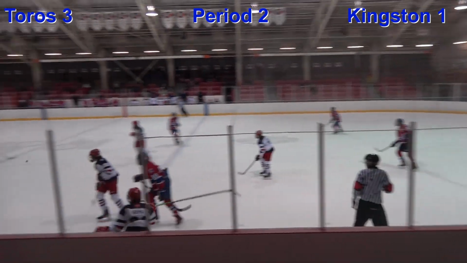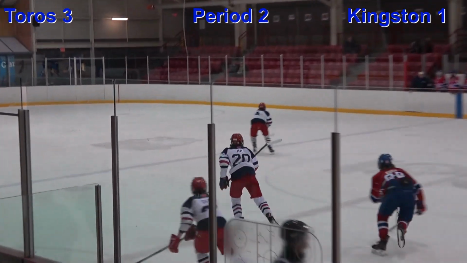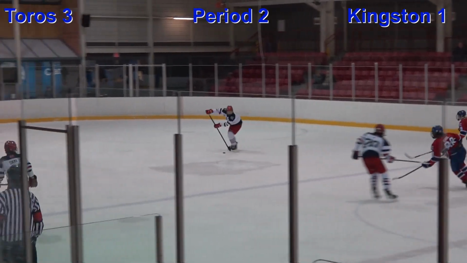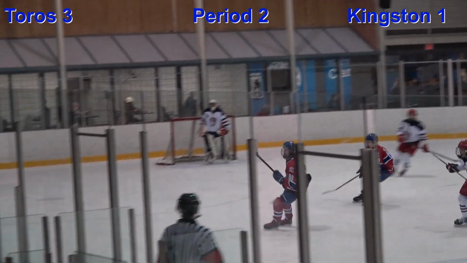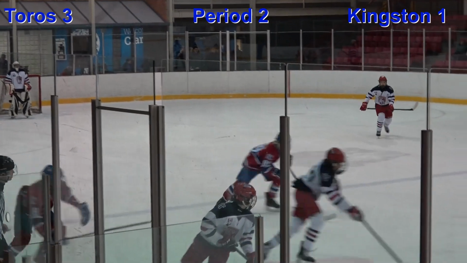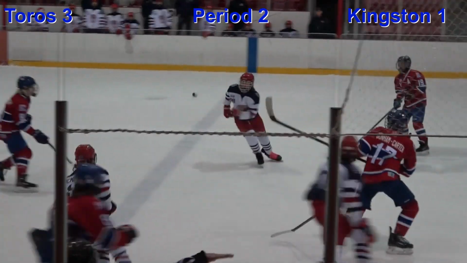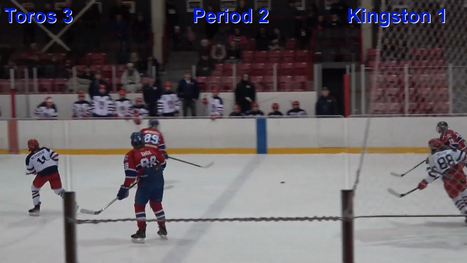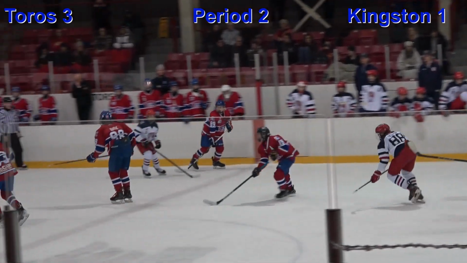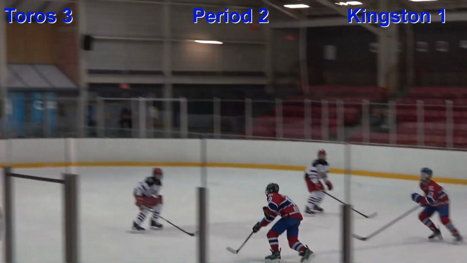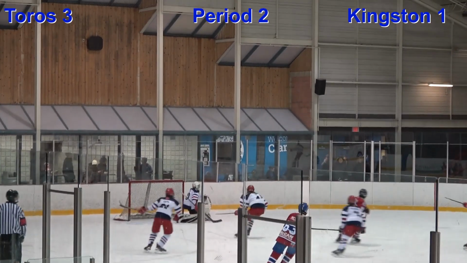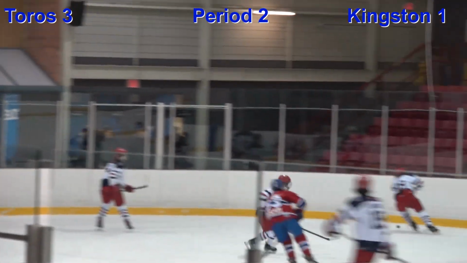Sigma tried to keep it in. That's knocked down here by Braden Fair on the dump-in attempt. Fair had control of it, now gets it here to the other side. They'll start it in with Evan Hay, but he can't get free, and Bishop could have knocked that down either. From their own end, here comes Kingston up over the line. A shot on net. It's going to miss the glove hand of Mundy.